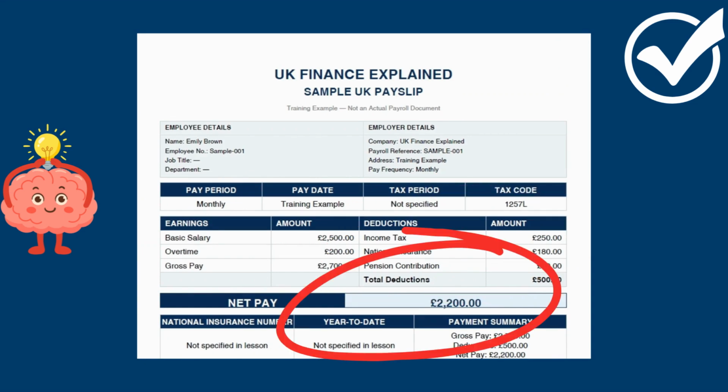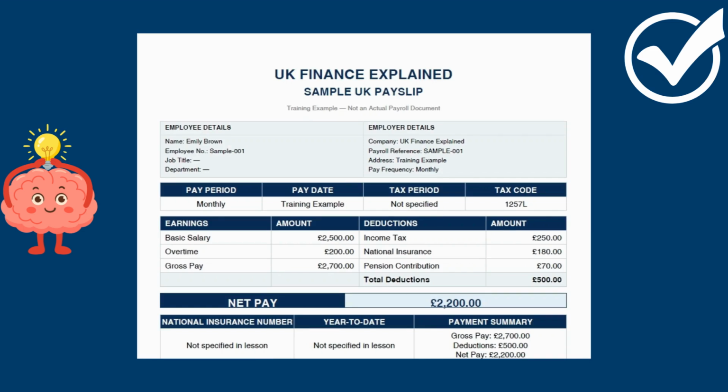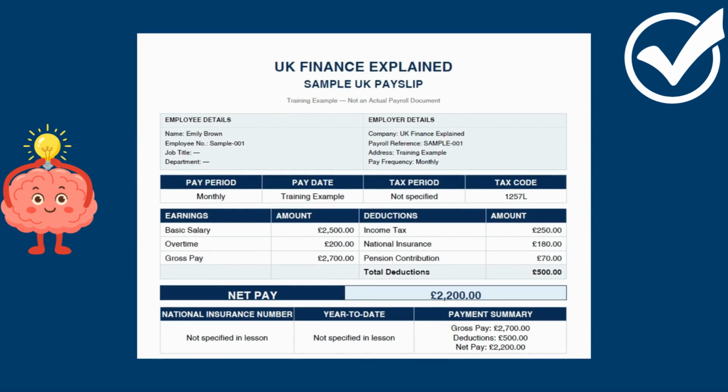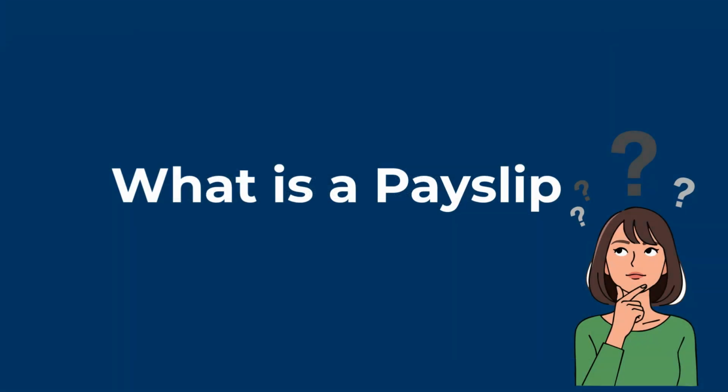So in today's lesson, we'll break down a typical UK payslip section by section, explain what each part means, and show you how to read it with confidence. Let's get started. A payslip is a document provided by an employer that shows details of an employee's pay for a